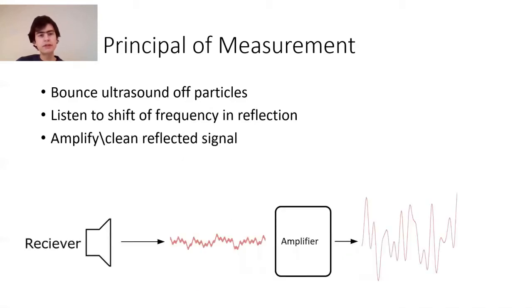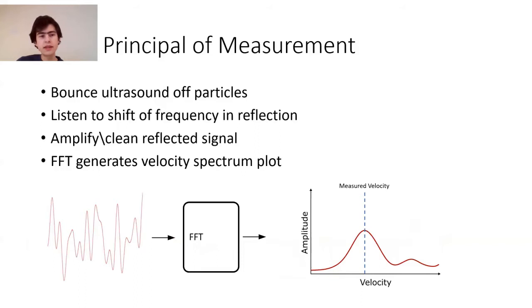With this signal from the receiver, we need to first amplify and clean it before we can use it. There aren't too many particles, particularly in clear water, and so the reflected signal is very weak. So we have some circuitry on the velocity sensor which cleans it up and amplifies it to a usable state. Once we do this, we pass the signal through an FFT, an algorithm which generates a